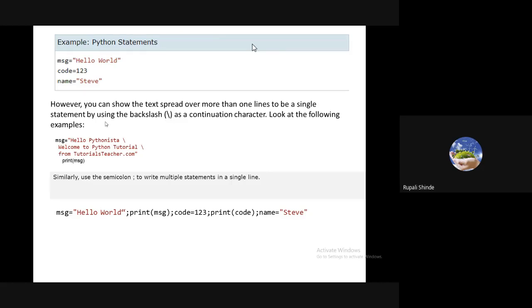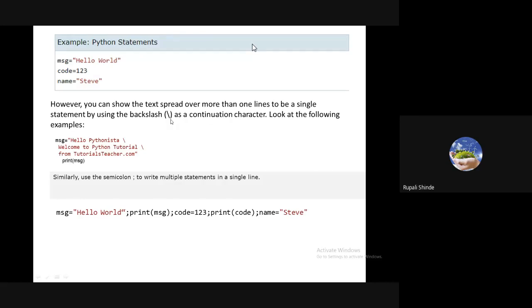Then we can use a backslash, as they have given here. However, you can show text spread over more than one line to be a single statement by using a backslash. Suppose I want to write a long message, and it may occur in multiple lines, in two, three or four lines.